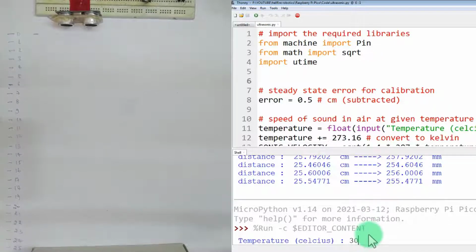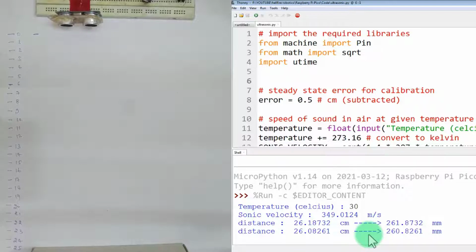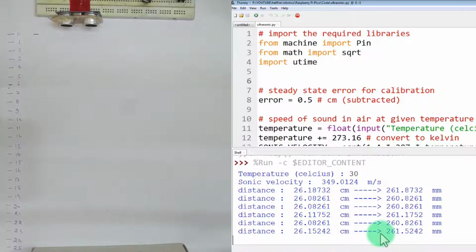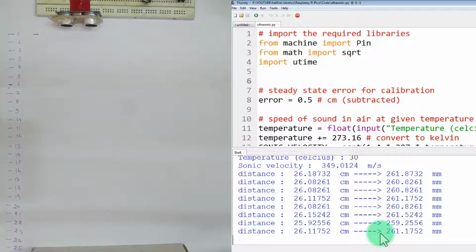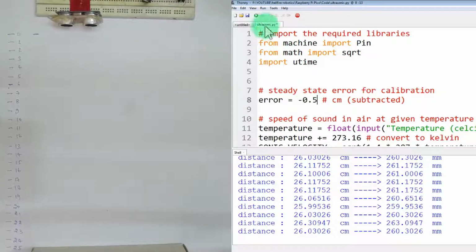For the same ambient temperature of 30 degrees Celsius, now it is showing 25, 26. So there is an increase of 0.5. So you have to put minus 0.5.